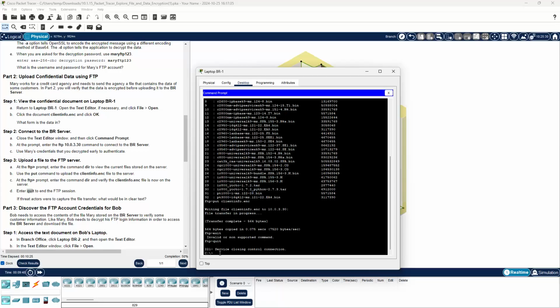We do have SFTP servers, which are secure FTP servers. Those connections are encrypted, so the username and password would not be visible if that file were to be captured. The transfer process, anyway. So, step 3, we want to